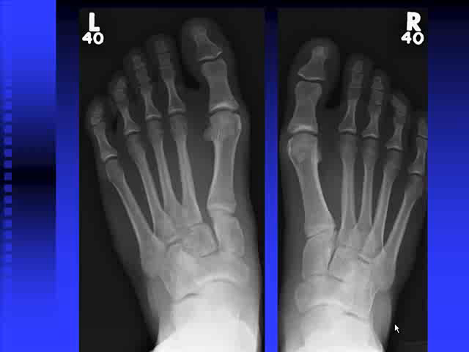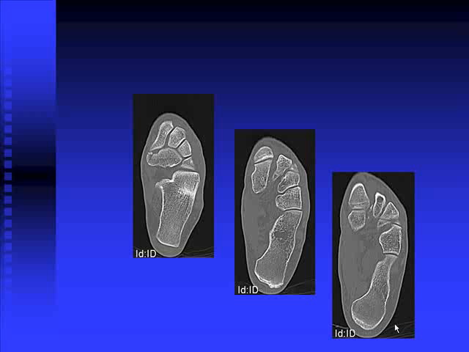It's obvious to you because you know I'm giving you a talk on Lisfranc injuries, but if I was giving you a talk on big toe fractures, you might miss that. But you can see if you compare the two, there's definitely a difference between both sides. And on the CT scan, particularly in this view, you can see this tiny flake of bone from the second